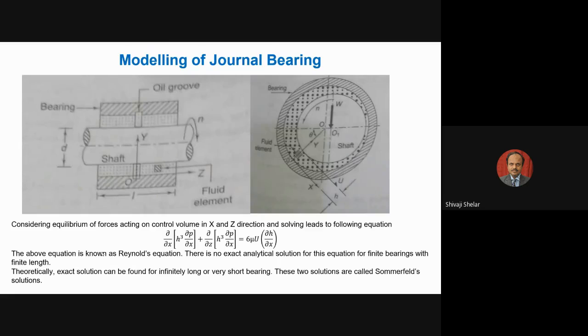And I have used the radial clearance concept here. In the data book, there is a diametral clearance concept. When we solve the problem, there is not much difference between the radial clearance concept and the diametral clearance concept. We will solve accordingly from the data book.